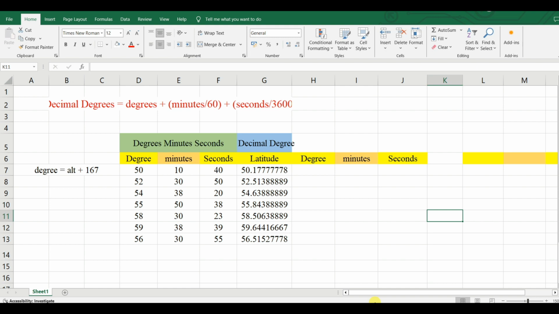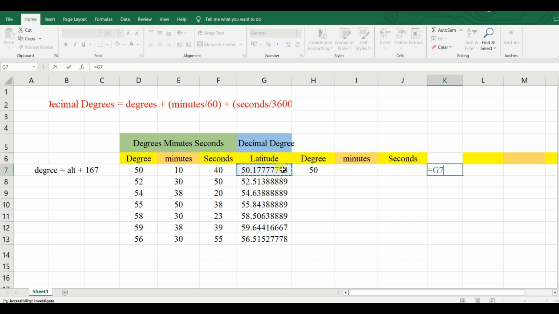toward degree, minutes, seconds. You can see this is the decimal degree data, and in my previous videos I tried to show the degree, minutes, seconds to decimal degree conversion, and in this video this is the decimal degree value. The degree value will be the value before the point. So for this decimal degree value, the degree value will be 50 degrees, and what will be the minute value? For calculating the minute value, you need to calculate like this, equal to, after the point you need